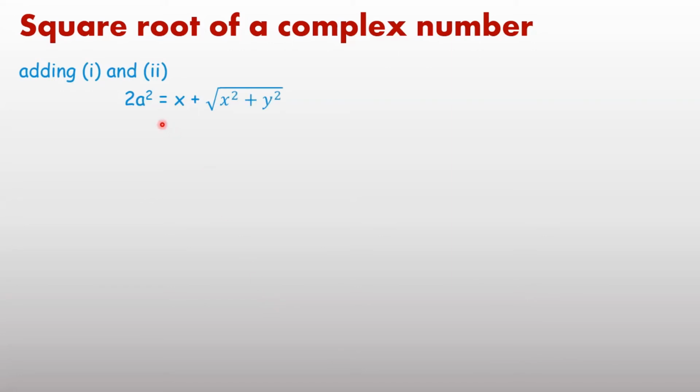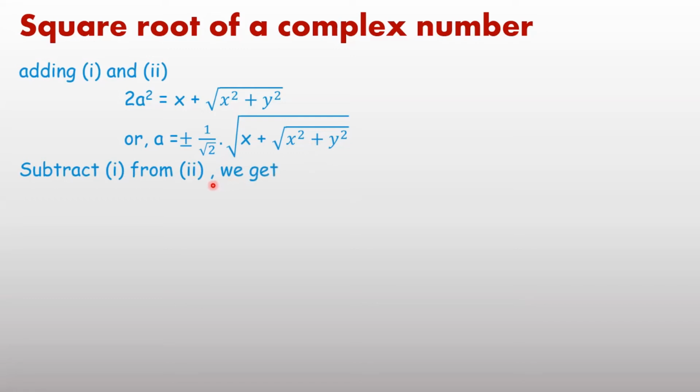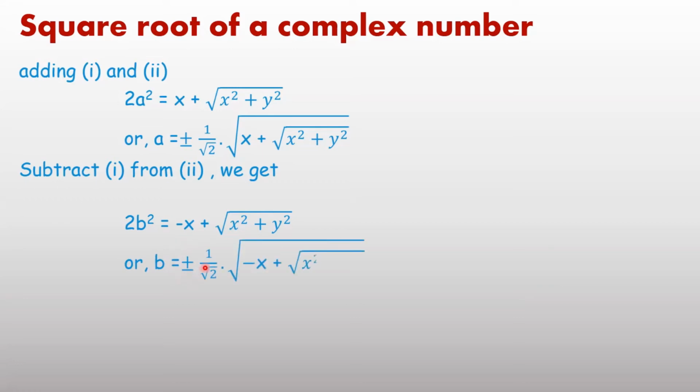If we add, 2a square equals x plus under root x square plus y square, or a equals plus minus 1 upon root 2 under root x plus under root x square plus y square. Subtract first from second, you will get the value of 2b square, or the value of b equals plus minus 1 upon root 2 under root minus x plus under root x square plus y square. Therefore,